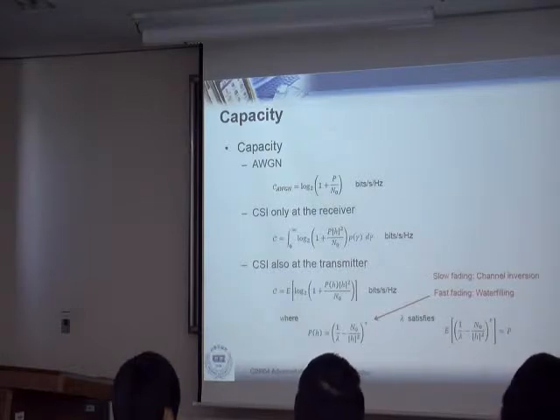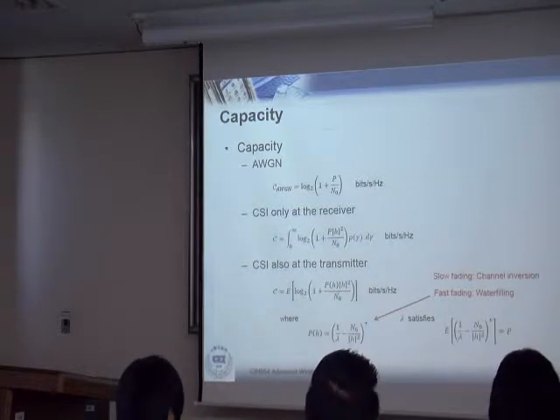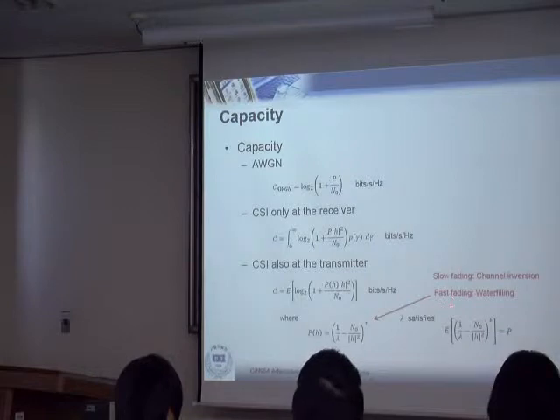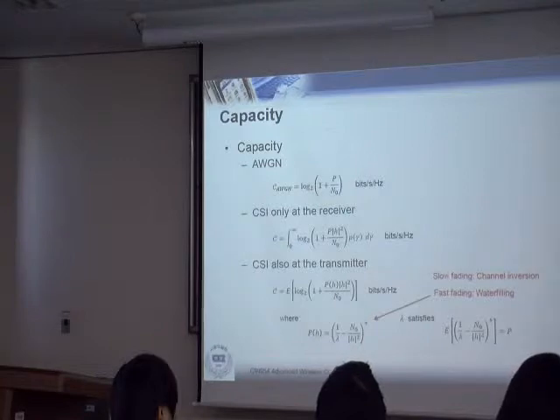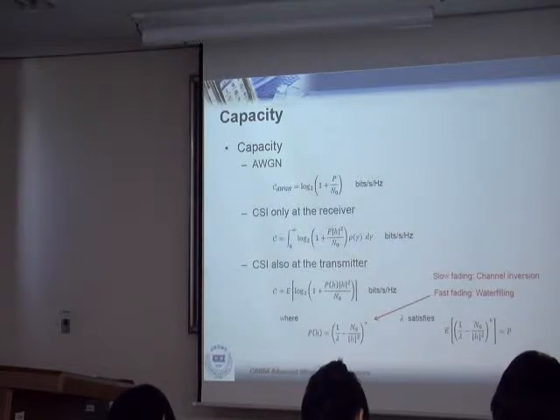But this is only true when you have a slow fading. What is slow fading? This fading is pretty slow such that you can follow. You can keep track of this variation. This is only true in that case. Now what happens in fast fading? In case of fast fading, what that means is that this fading changes very fast, like this. So simply you cannot follow and assign a different channel inversion, different power. This is very difficult to do. In that case,